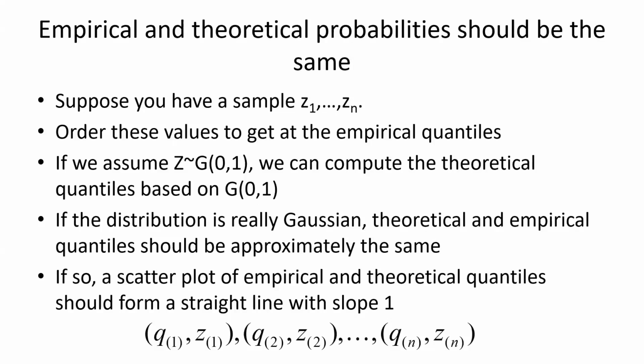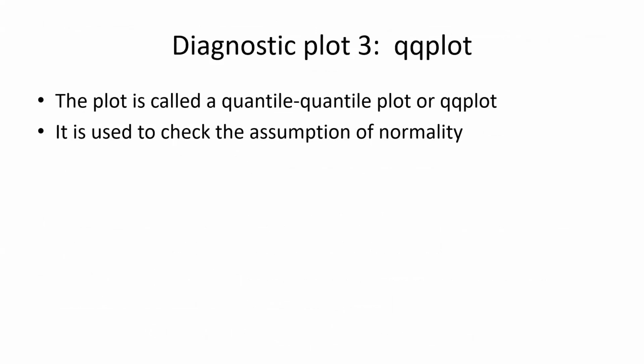The theoretical quantiles we can compute based on the normal 0, 1 distribution. The empirical quantiles are just our values z. So we plot them in a scatter plot, and if the distribution is really normal, then we get roughly the line y equals x. This is called the quantile-quantile plot, or qqplot,